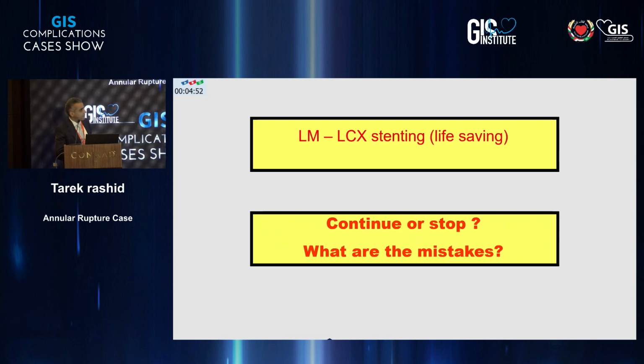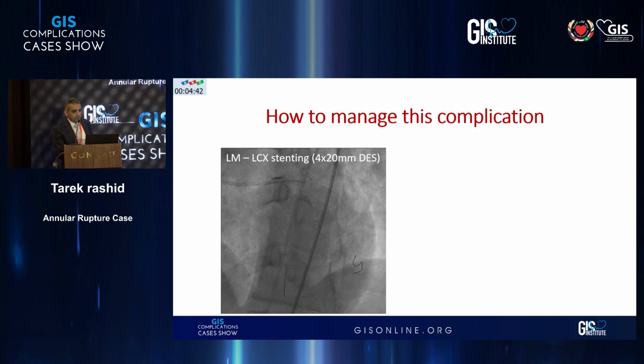Of course, time matters in this patient, so left main LCX stenting is life-saving. The patient has chest pain, some hemodynamic compromise, and time is crucial for such patients. So I took a short stent, a 4 by 20 millimeter drug-eluting stent, from the left main to the left circumflex